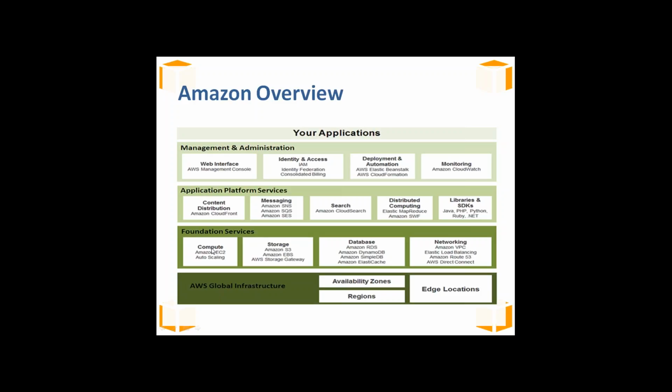The Compute Foundation Service is further divided into two. One is called Amazon Elastic Compute Cloud, in short form EC2, and another one is called auto scaling. Now, Amazon Elastic Compute Cloud, or EC2, is nothing but a VPS. What do you mean by VPS? It is nothing but a virtual private server. That means for an end user, if your application wants to be deployed, you need not have a server in your place. It is already provided by Amazon Web Services as a virtual private server.